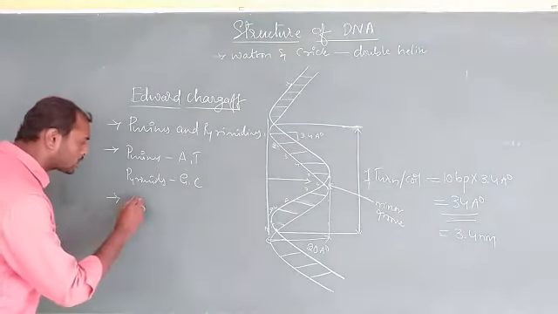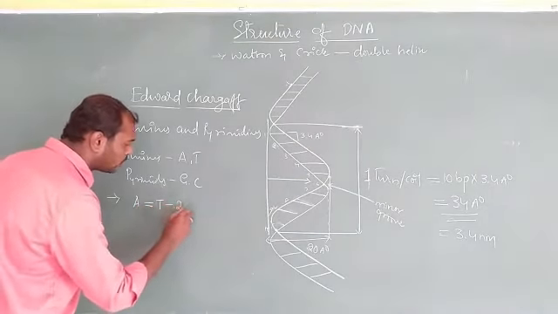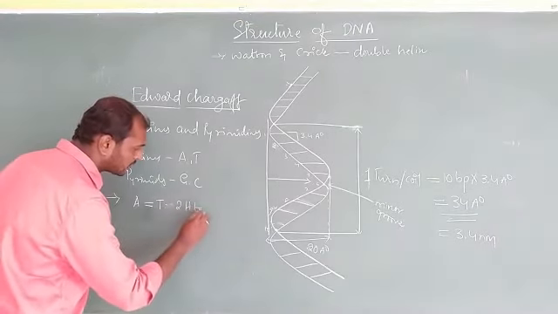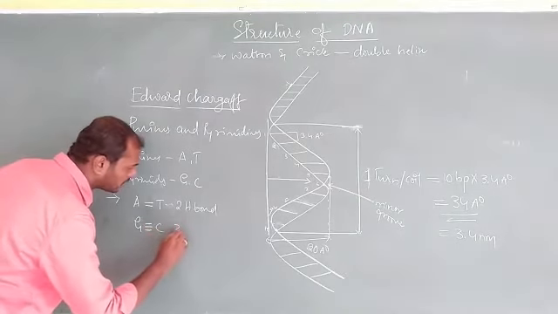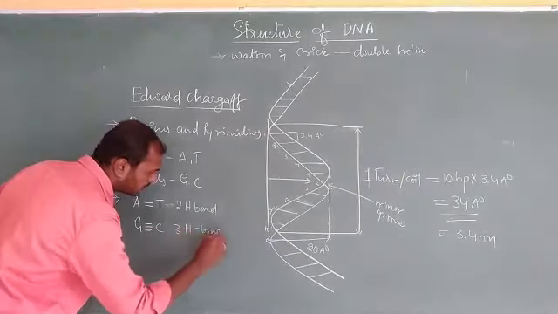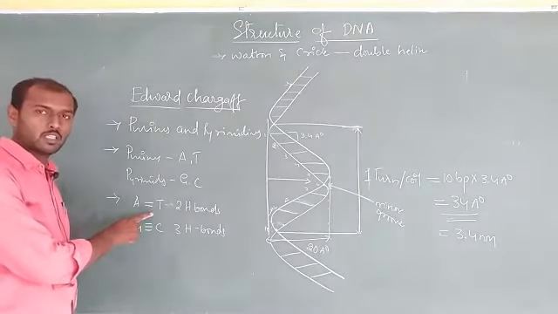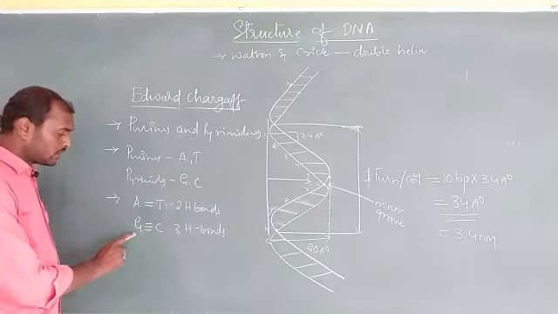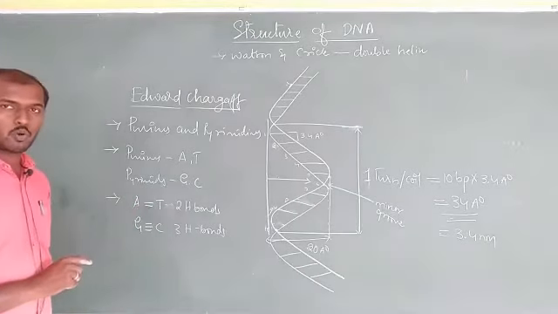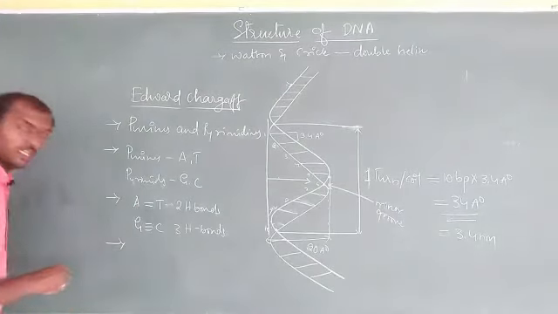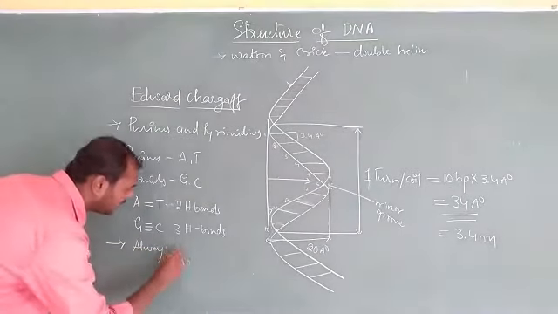Third, A is always going to bind with T with 2 hydrogen bonds, and G is going to bind with C with 3 hydrogen bonds. So the third point: A binds with T, or T binds with A, and G binds with C with 3 hydrogen bonds, and A with T with 2 hydrogen bonds, he said. And totally, always in our DNA,